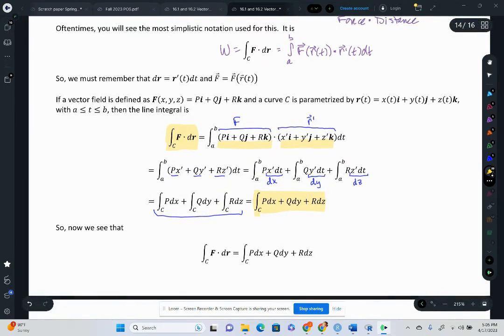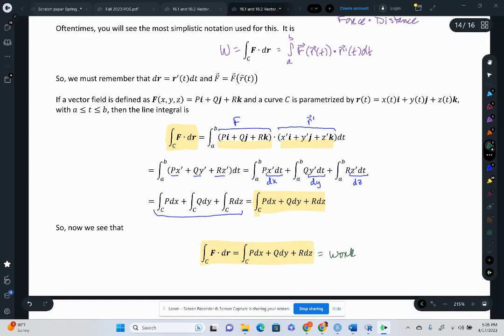So it turns out that we get this great equality right here. And that means that when we are calculating a line integral of P dx plus Q dy plus R dz, we're calculating work. If we've got a force vector and